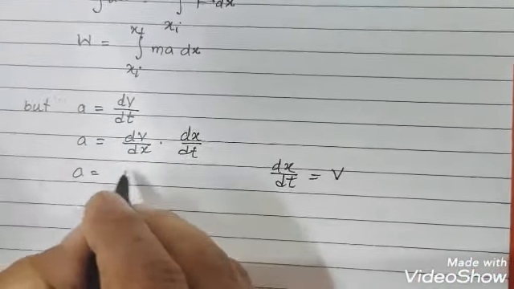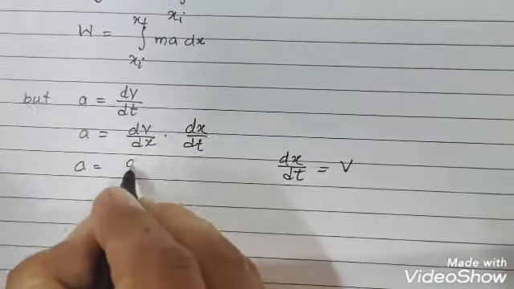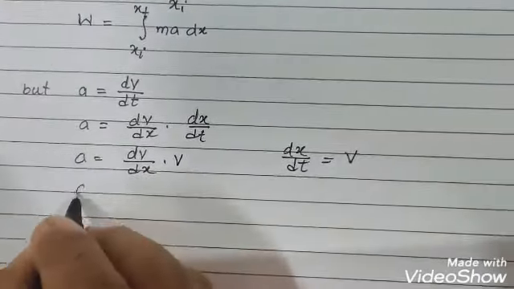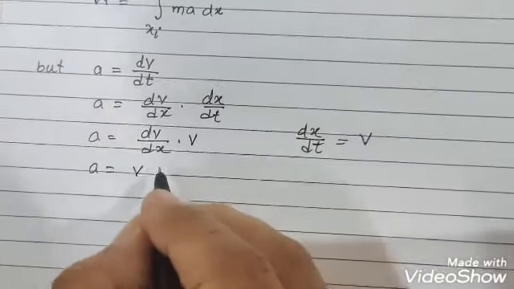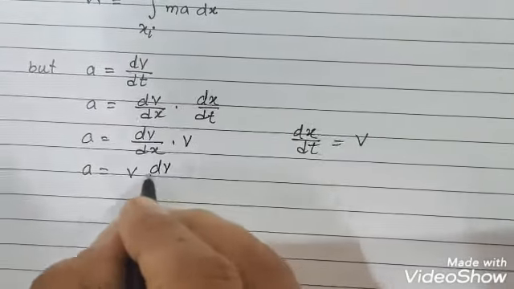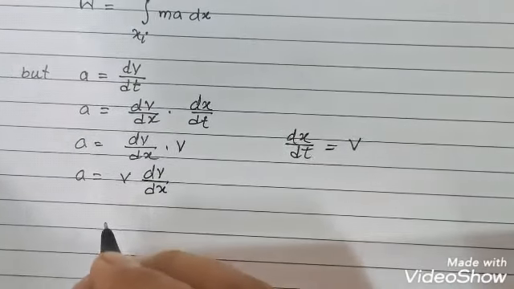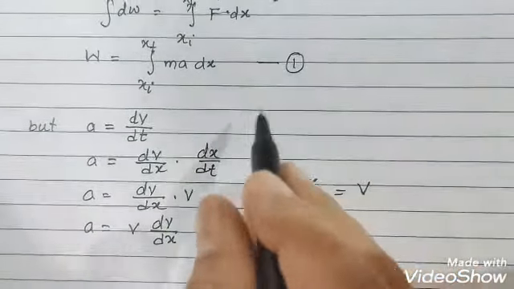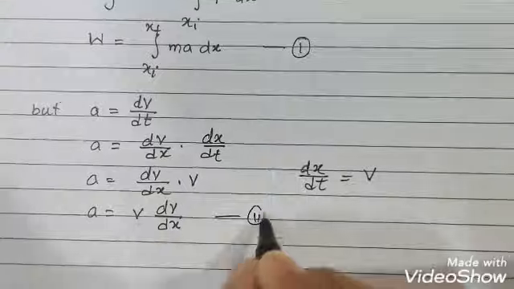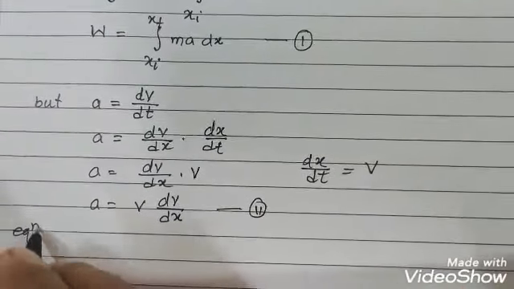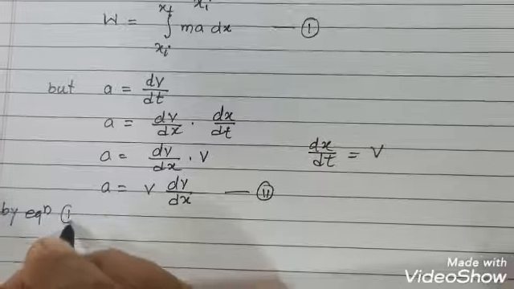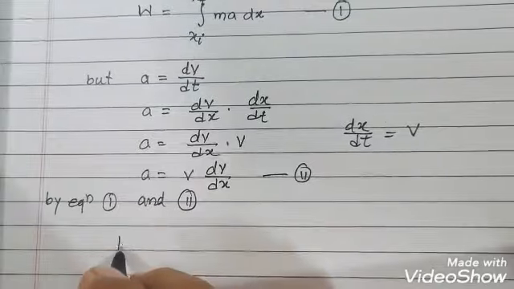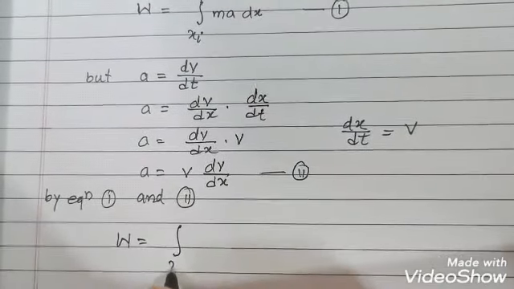So we can write in place of dx upon dt, we will write here v, and ultimately we'll get the acceleration is equal to v dv upon dx. Now in equation 1, this is suppose equation 1, we'll put this value of equation 2. So by equations 1 and 2, we'll see that work done W is equal to xi